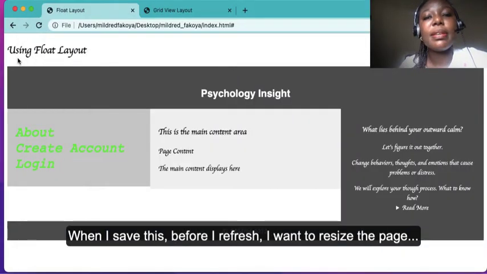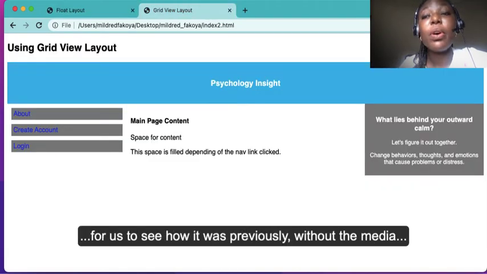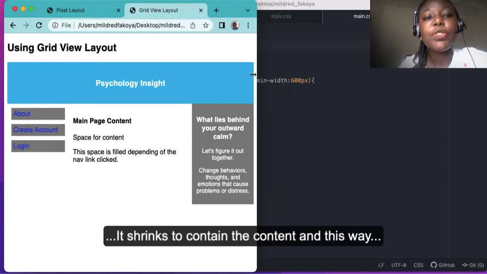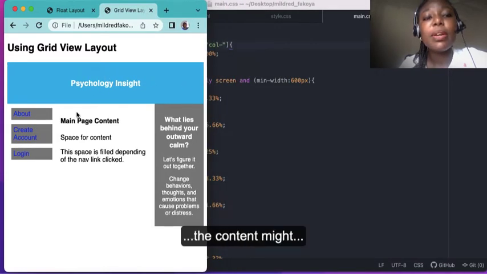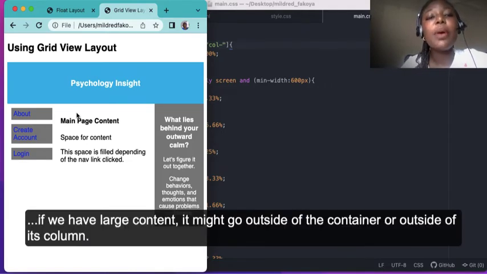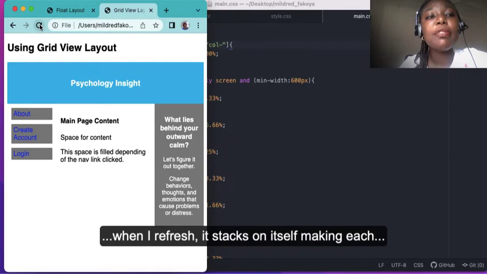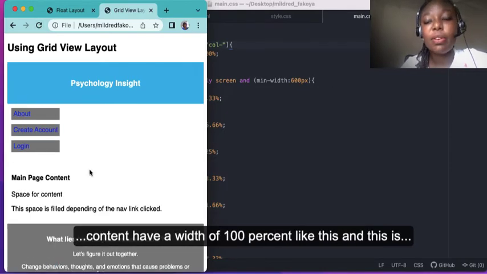When I save this, before I refresh, I want to resize the page for us to see how it was previously without the media query. Then I will refresh. Without the media query, when I resize, it shrinks to contain the content, and this way, if we have large content, it might go outside of the container or outside of its column. But with the media query, when I refresh, it stacks on itself, making each content have a width of 100%